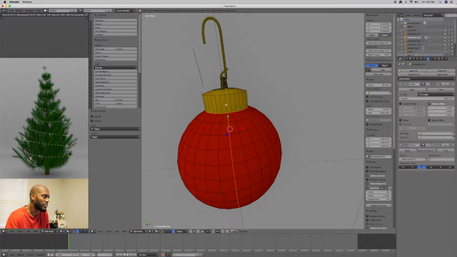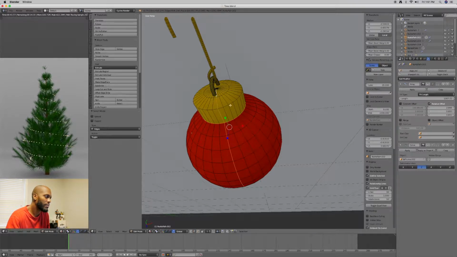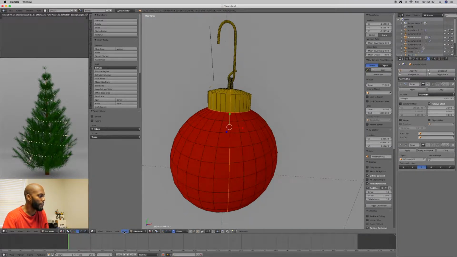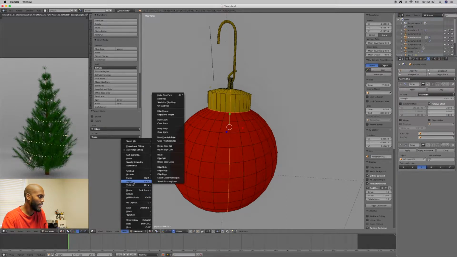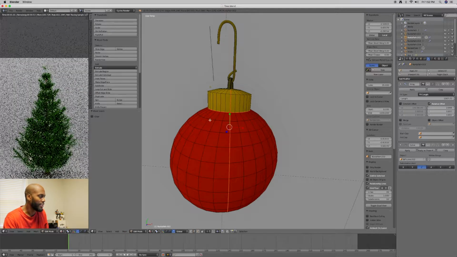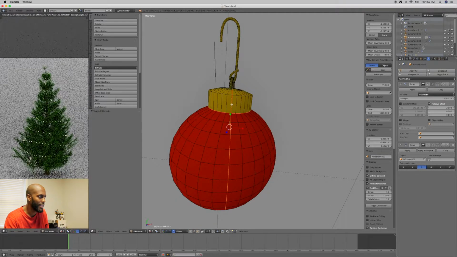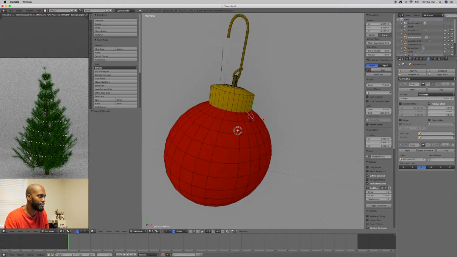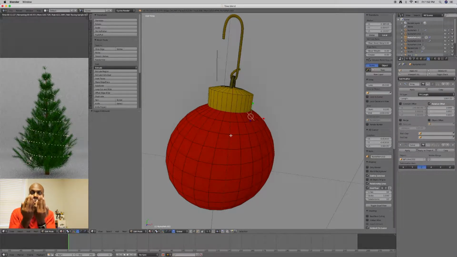And actually we're gonna also do it for this part as well. So now go to mesh, edge, mark seam, and you'll see, well, I have to stay in edit mode, but you can kind of see the red that's now outlined here on the object, and that's where our seams are cut. So essentially, just like an orange, we can now peel it,